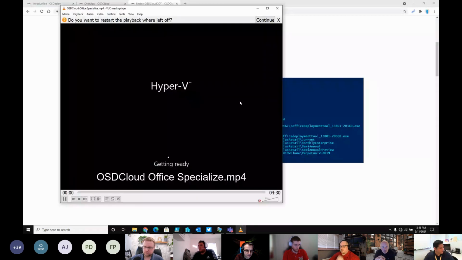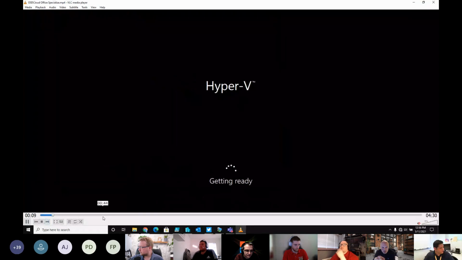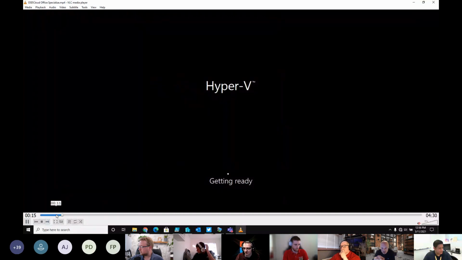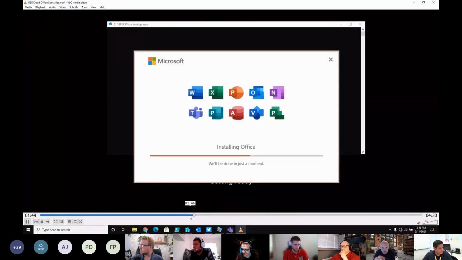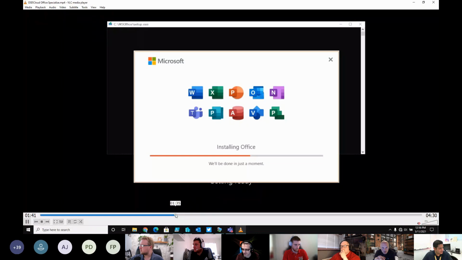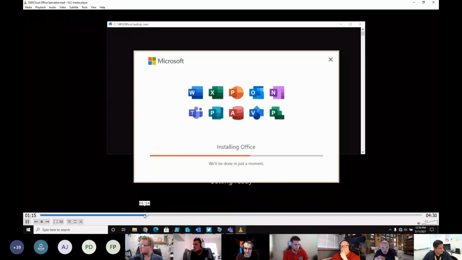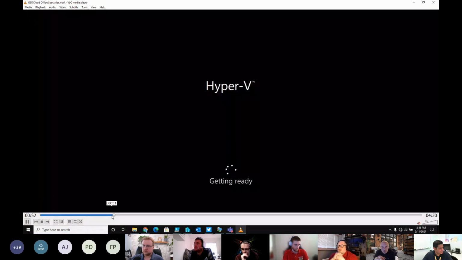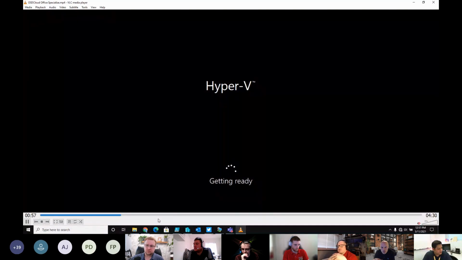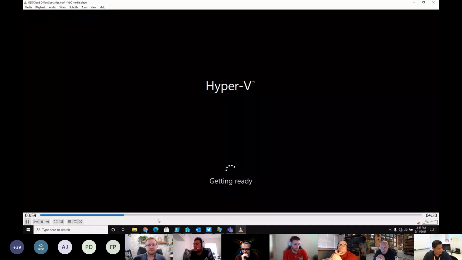And so this is the specialized phase where drivers get installed. And remember I said how OSD does the module installs in your offline OS? This is additionally so it can handle an Office installation. And you'll see it, let me find where it actually kicks off. And what this is going to actually do, I believe in this instance, it's going to download the content